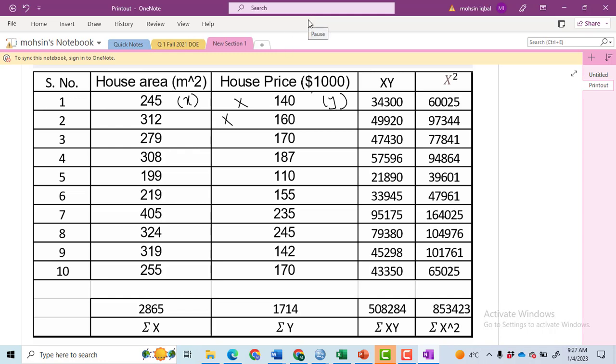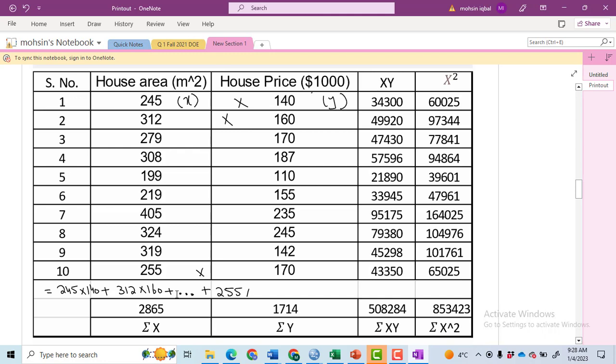Instead of that, write 245 multiplied by 140, this first row value, then 312 multiplied by 160 like this, then add the plus sign. After that, always put three dots. This is basically the standard way of writing large data if you want to multiply them, and then only write this last one,